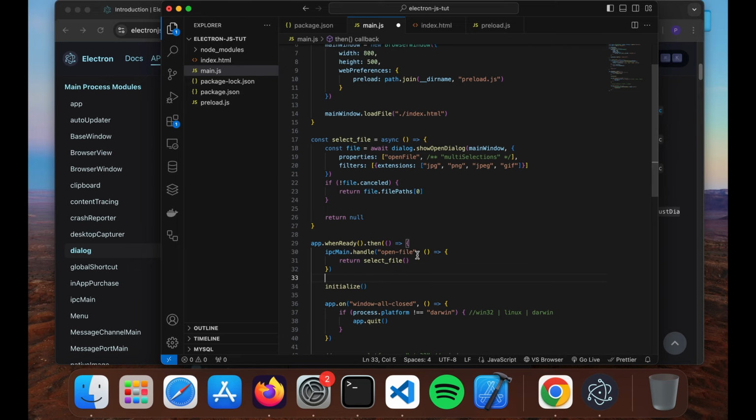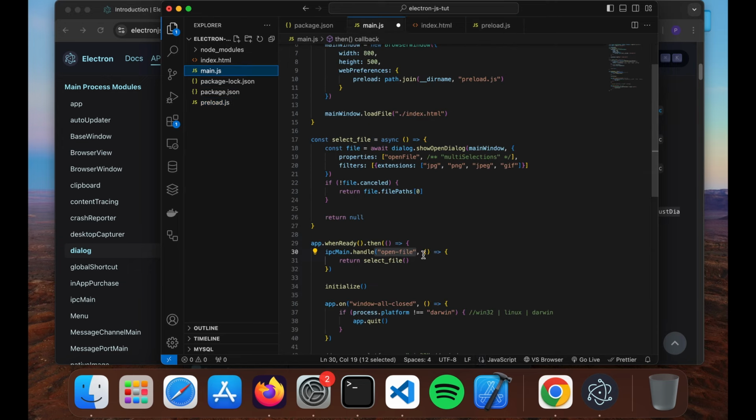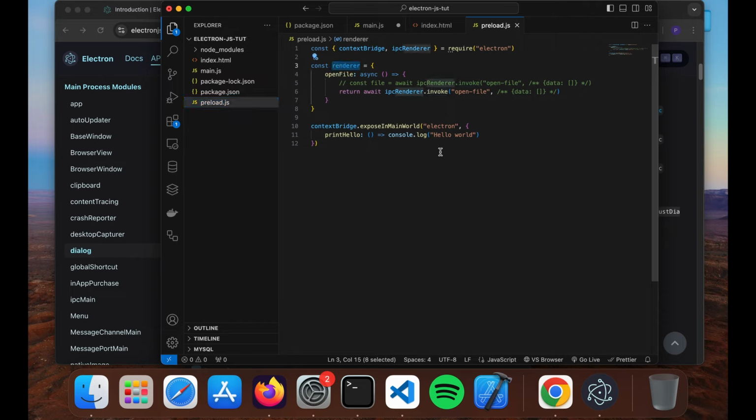Now what this is going to do is handle the event that we invoked from the preload bridge. This invoke is going to be handled here, and it's now going to return what this select file function returns. Now there's one more thing here. This renderer, we are just going to replace it with this,